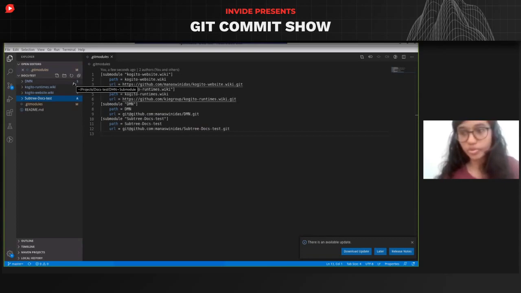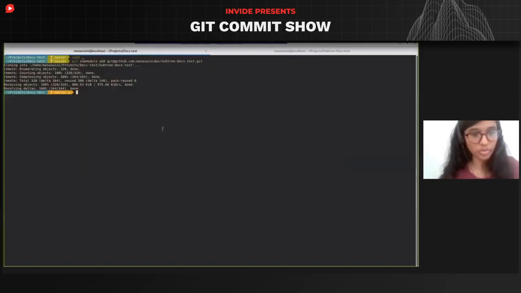And in order to see whether these are submodules or not, you can see this blue color S symbol right here if you're using VS Code. So yeah, this is how it looks, and this is how you can add a submodule to your project. So if you want to update a specific submodule, you can just do a simple command that goes like git submodule update --remote followed by the path or the folder name. So if you want to just update the DMN path, I can do this using this command.